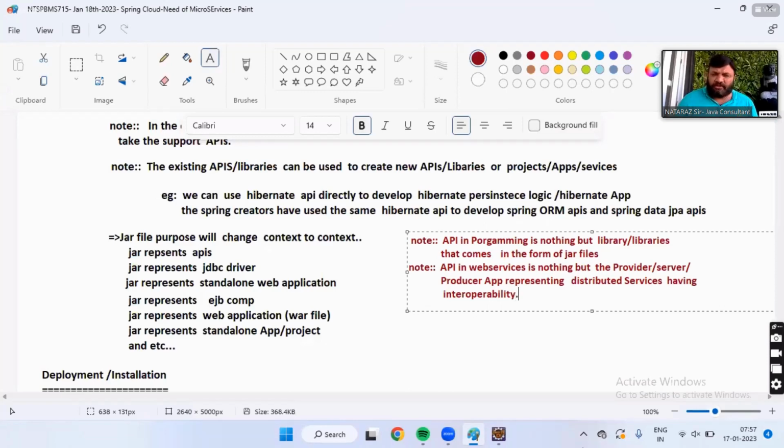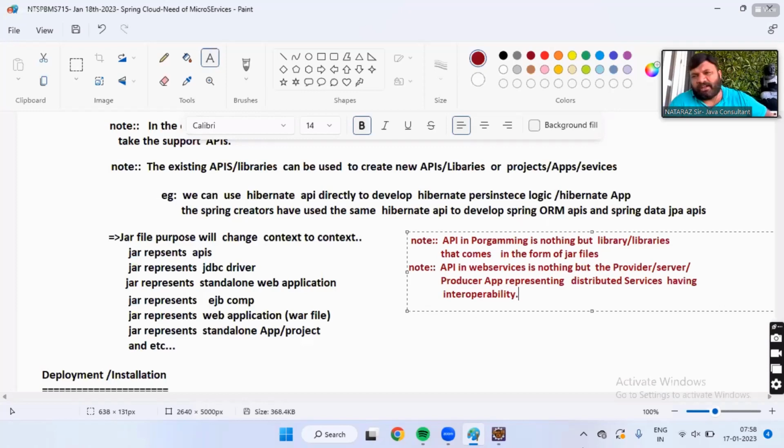I think all these words you have studied or not studied. So the word API is used in two angles, boss. In regular programming, as a base to develop the application. In web services, API is nothing but the provider or server or producer application representing distributed services having interoperability. What do you mean by interoperability? The consumer can be in any language without worrying about where the producer application is developed.